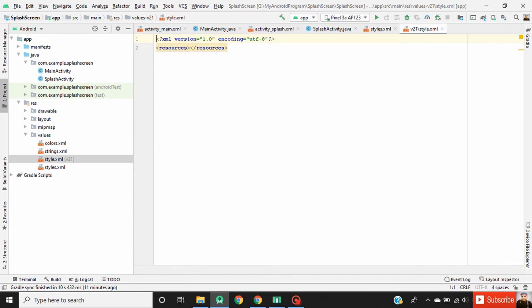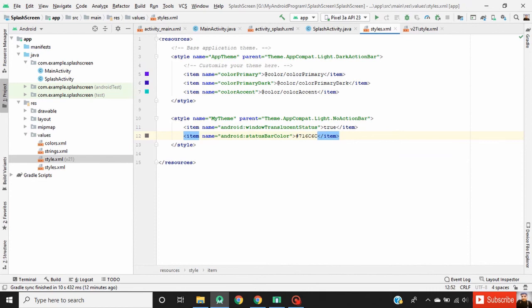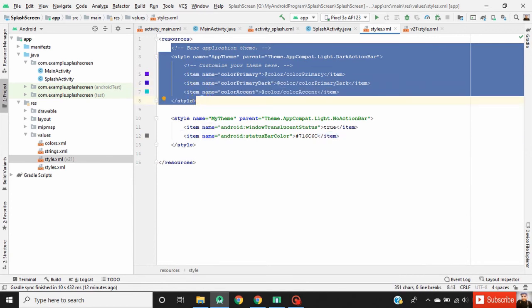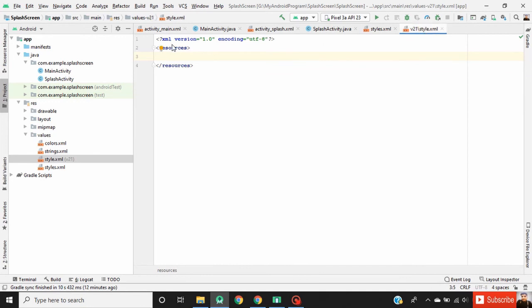Now copy the base application theme from the styles folder. Copy the base application theme and paste that inside our v21 styles.xml.